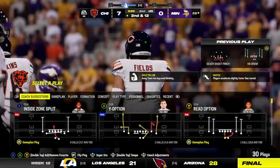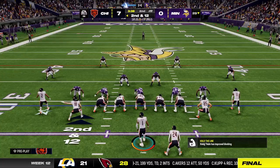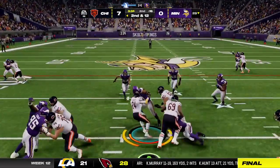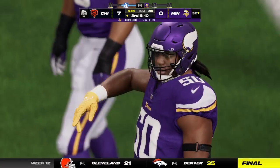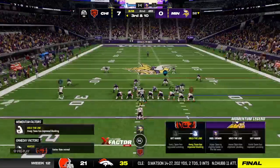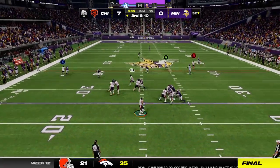2 yards the loss, 2nd and 12. When a draw works, it can be a thing of beauty. But when it doesn't, oh, it can be ugly. And in this case, loss of yardage ugly. On 2nd down, a run with Herbert. And he'll take this to the 32, a gain of about 3. Just not a whole lot of room to operate there on that carry. No, not at all. They did a really nice job staying in their proper places and not allowing any lanes to open up. On 3rd down,